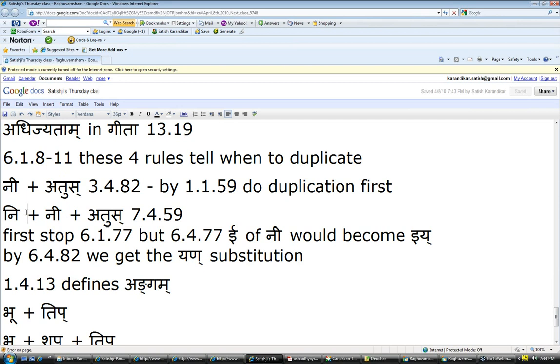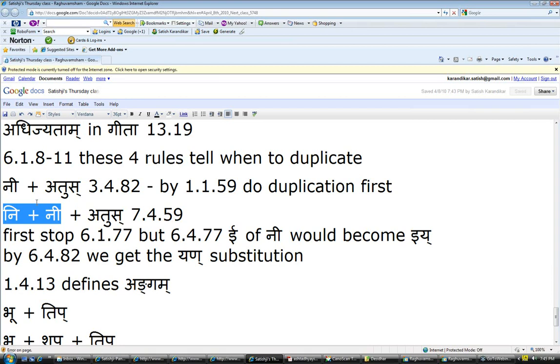I think the answer is that this abhyasa was not like a new term coming in. This dhatu itself duplicated in place. It expanded itself. This dhatu ni has an expanded form of ni plus ni. So nini is the expanded form of the same dhatu. It's not like a new term that is coming. So when we say start from ni, we have to now take the expanded form, the nini, and go up to atus. So that's how this is still an aneka ach angam for the atus.